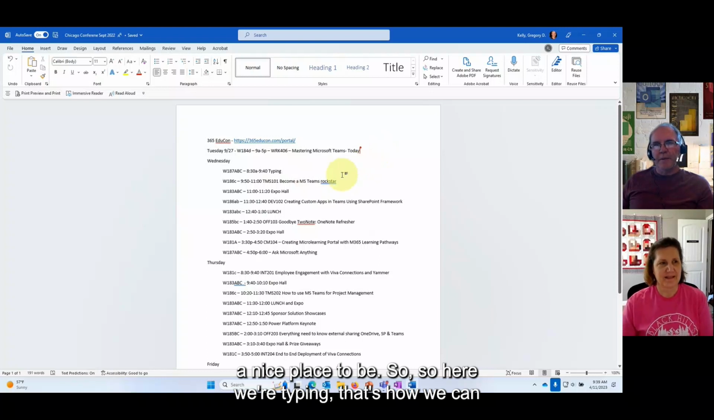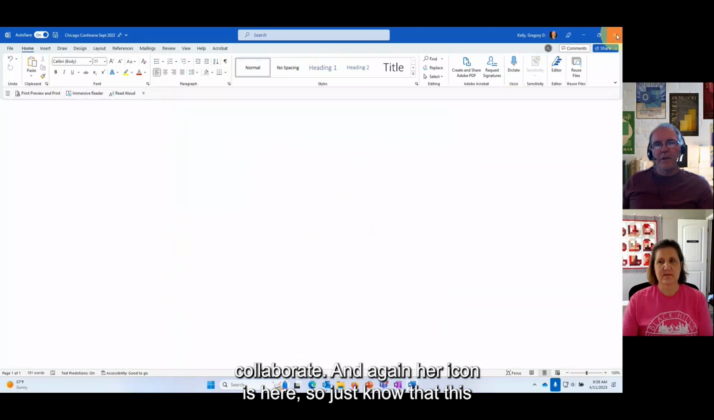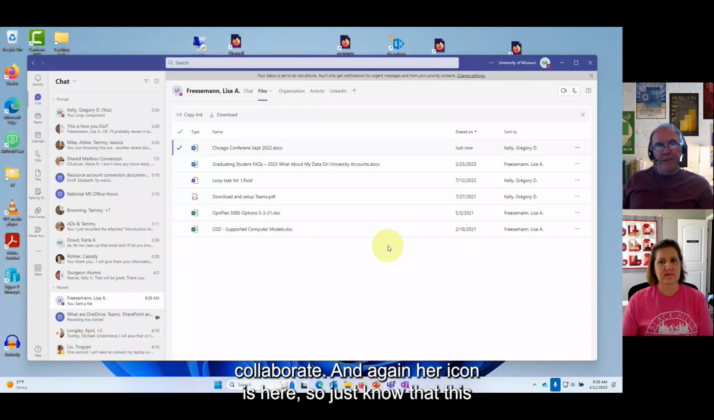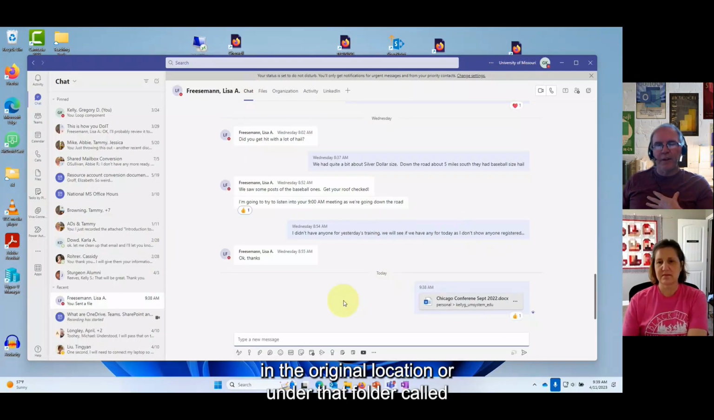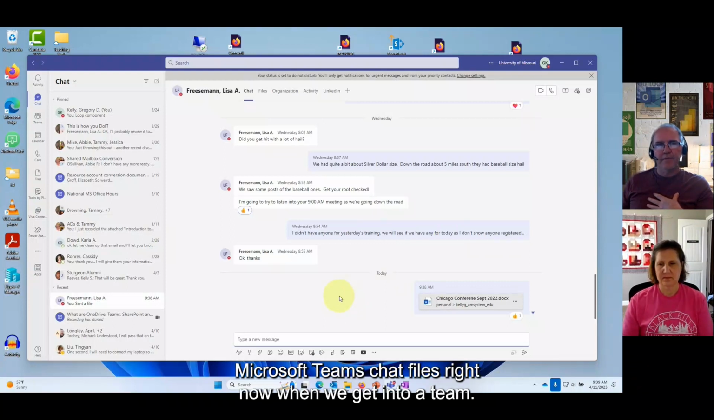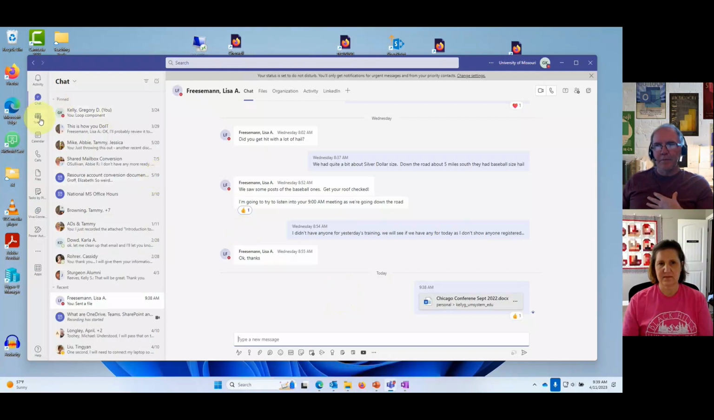So here we're typing. That's how we can collaborate. And again, her icon is here. So just know that this is an active file, but in a chat, it remains in my OneDrive, either in the original location or under that folder called Microsoft Teams Chat Files. Okay. Now, when we get into a team,